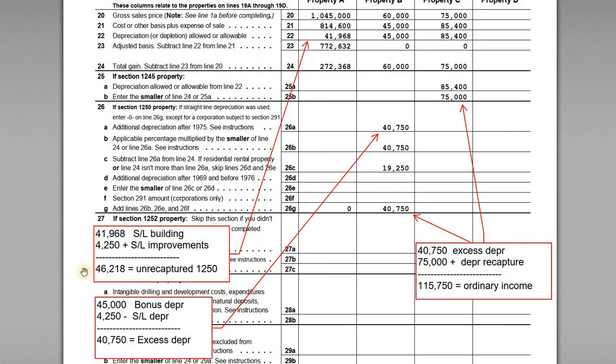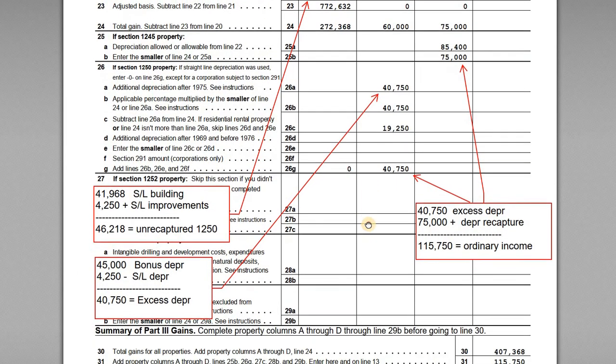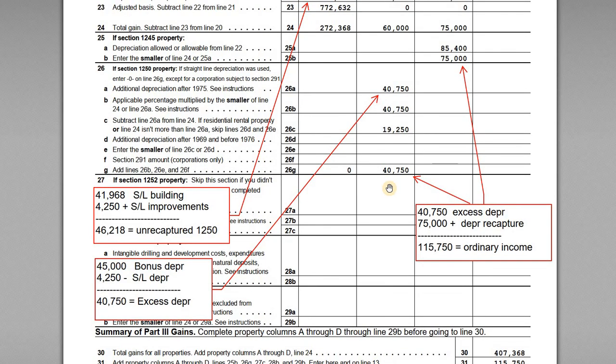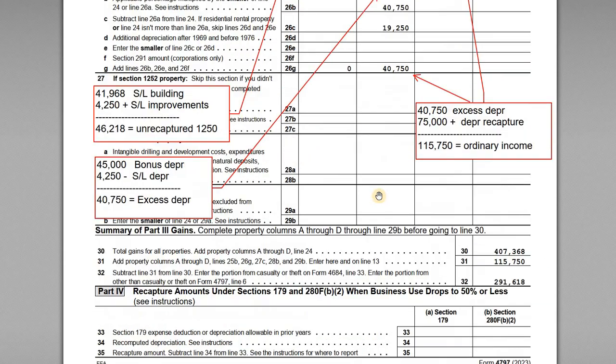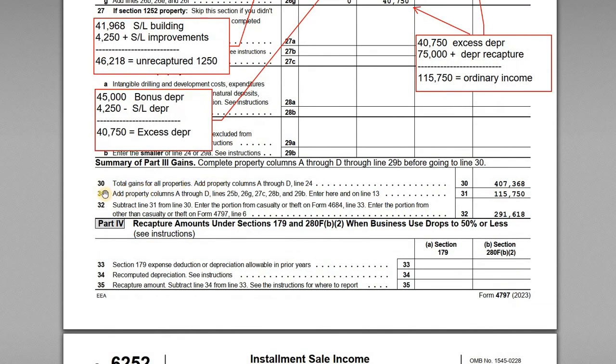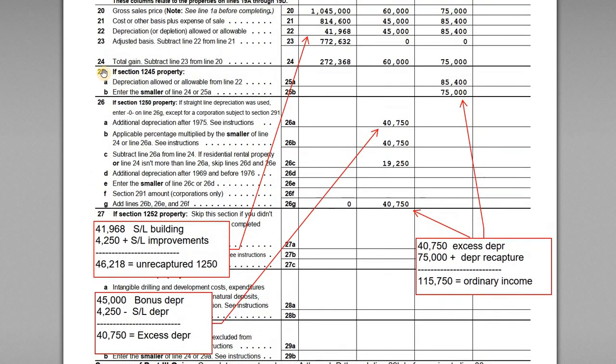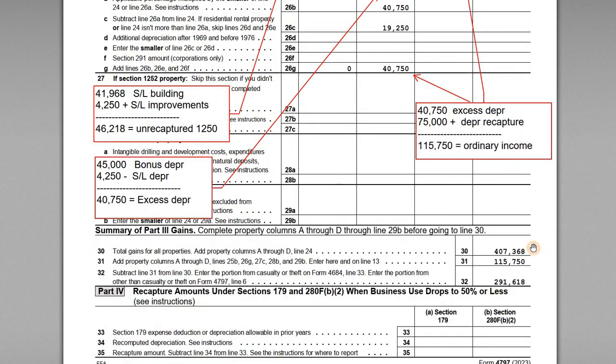All right, so I'll come back to that as well, and we'll show where that's reported on the K1. And then the difference between all of that is just going to be that Section 1231 amount. Now once we have all these values in place, we can summarize the totals down here in Part 3. So on line 30, total gains for all these properties, add columns A through D, line 24. So line 24, the total gain up here, A, B, and C, is